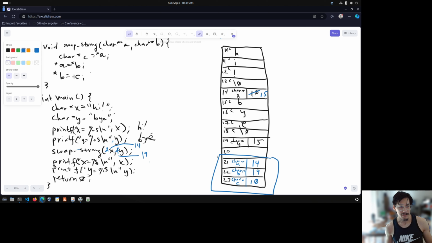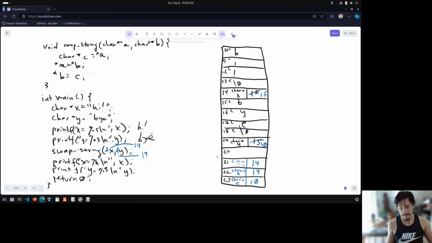Next line, we're going to take C, which is 10, and we're going to assign it to B, but we're going to dereference that and assign it. So let's go to B. B, 19, dereference B to get that value, okay, and assign it 10. So it'll be saying, oh, assign whatever 19 is as 10, basically. Okay, we're done. So if we were to blow away this memory,